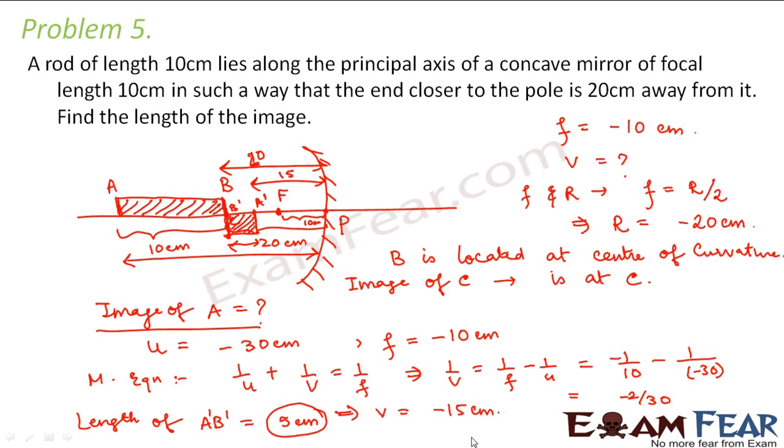So one important note to be kept in mind is that while solving problems on spherical mirrors, please give proper attention to sign convention, because if you make any mistake with the sign convention, you will end up with incorrect answers. So please take into consideration proper sign convention, and please take into consideration the kind of mirror which is there in the problem. So if it is a concave mirror, be sure of how the image will be formed. If it is a convex mirror, again be sure how the image will be formed.